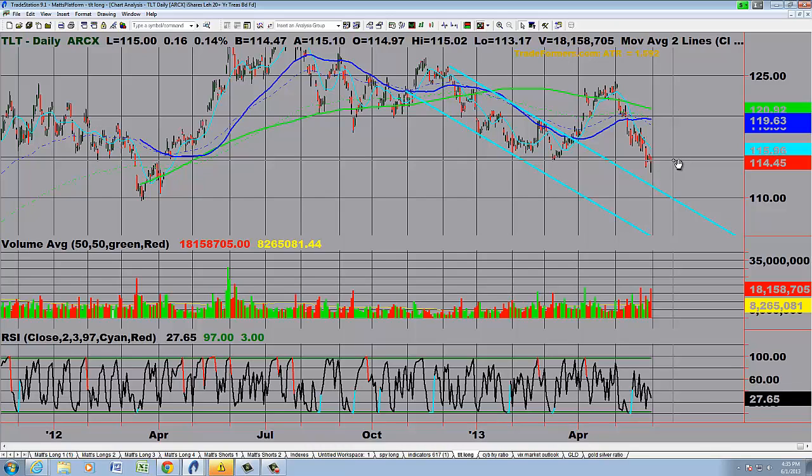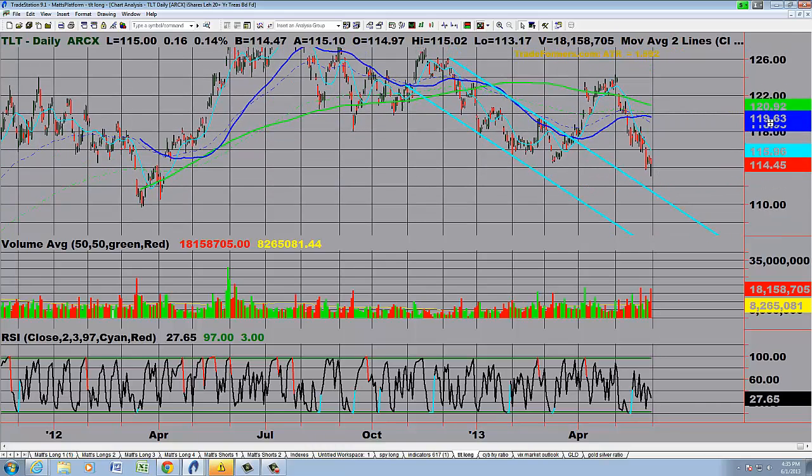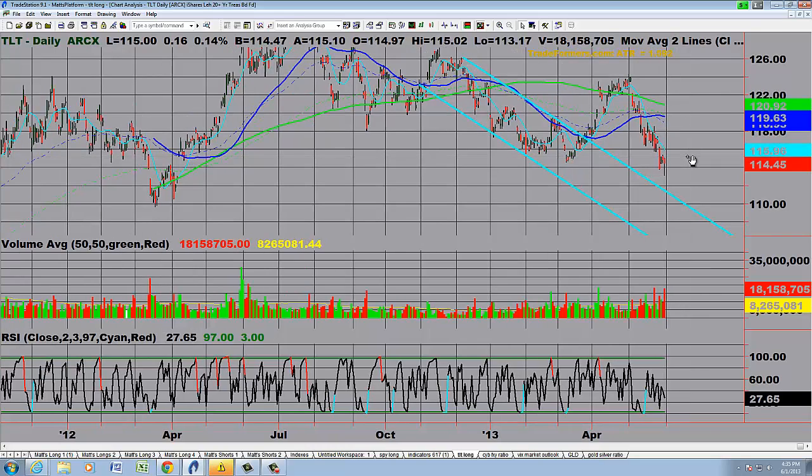Now, we are at some support levels. You can see a significant bounce off the lows from Friday as the market crashed. Not surprising, flight into the safety of U.S. Treasuries while the market is under pressure. So overall, this